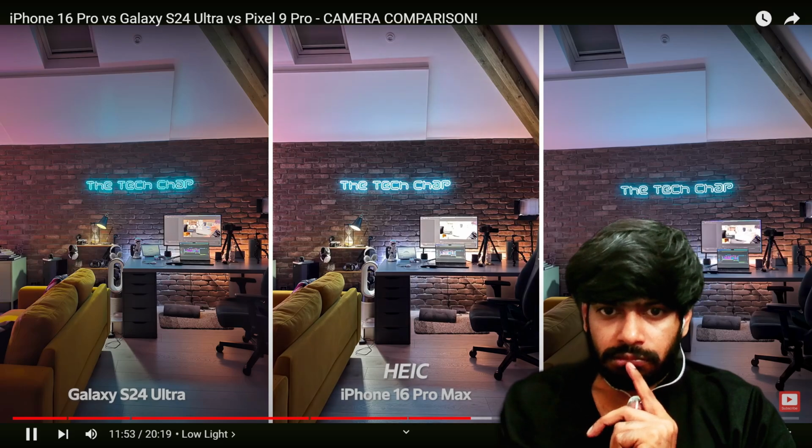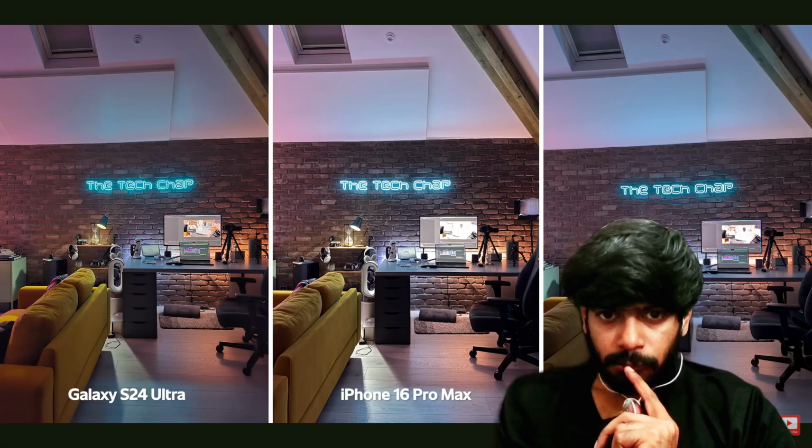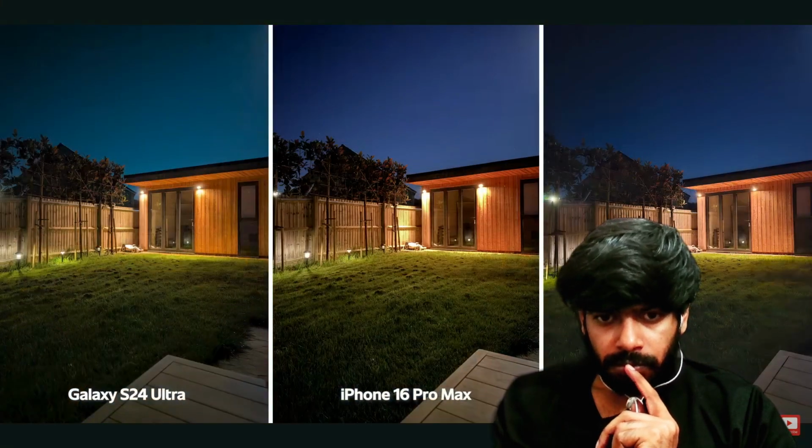But particular credit to the Samsung's exposure here, how it's been able to handle the laptop and the screen and also the rest of the lighting in the room. Although back outside, you can see on the Samsung that the sky is actually